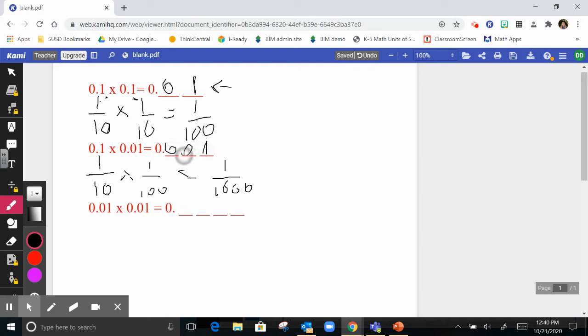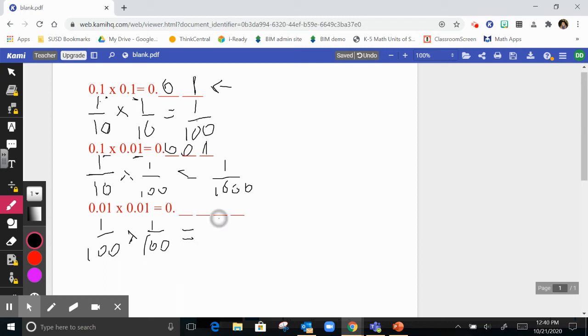So look again and ask yourself, one number after the decimal, two numbers after the decimal. How many numbers are after the decimal in the product? Look here and think the same way. 100th, sorry for how silly my pen is, times 100th